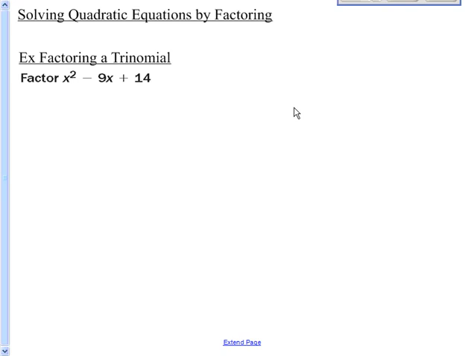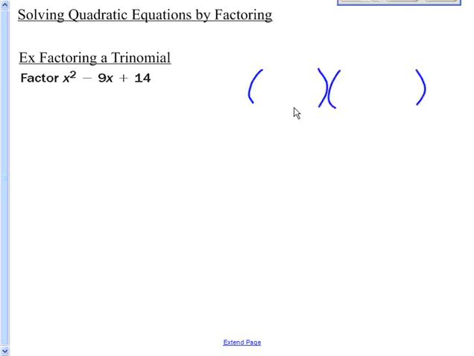We're going to factor quadratic expressions and solve quadratic expressions by factoring. We're also going to find some zeros or x-intercepts of quadratic functions at the end there. So let's take a look at some trinomials first. If you recall,